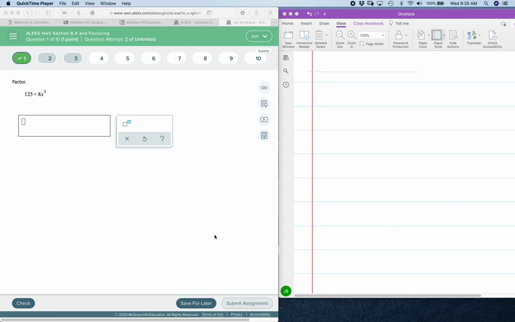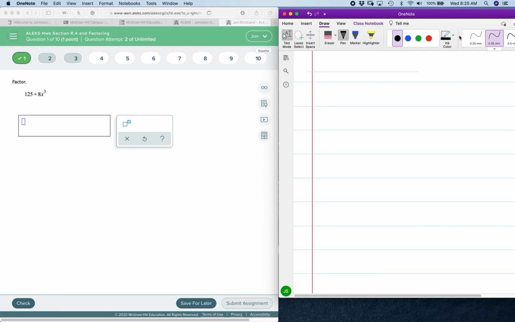Okay, for what we have in this simulation of ALEKS, Section R.4 and factoring. We're looking at factoring this particular sum of cubes, 125 plus 8x cubed. For the setup, if you have a sum of cubes, a cubed plus b cubed, the formula is the quantity of a plus b